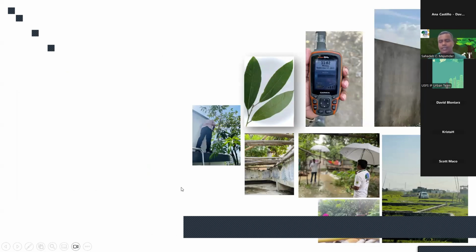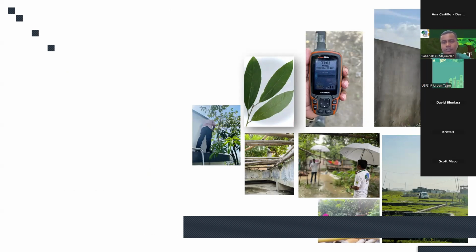So it was not easy to conduct all the field work, because as you can see, on some rooftops there are trees on top of the 10-story building. So it was very tough to measure the data, and it was hard to identify the tree species in the field. So we took the herbarium, and during the navigation, the GPS network